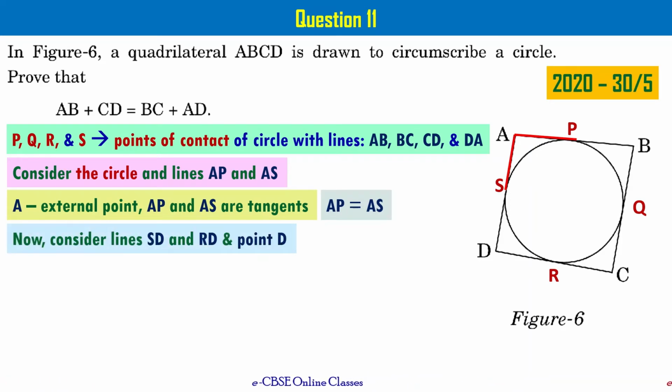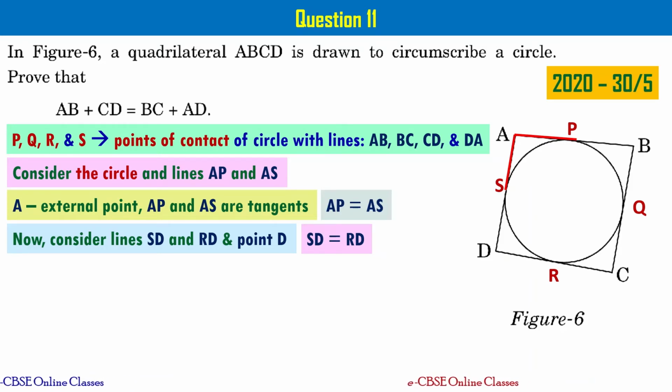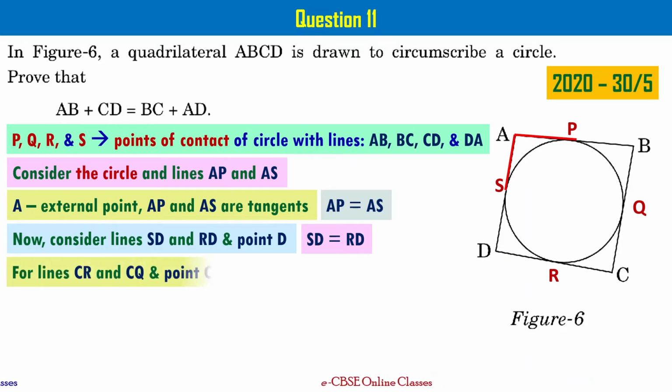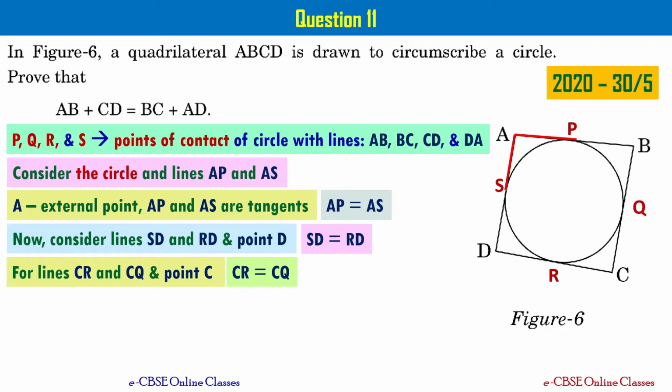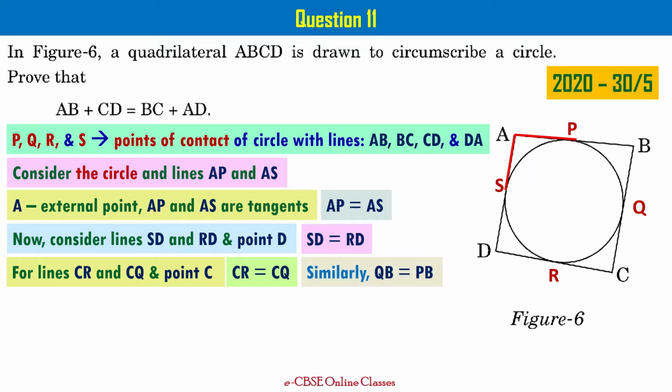Similarly, when you consider lines SD and RD and point D, you can say that SD equal to RD, right? For lines CR and CQ, point C is external to the circle and CR and CQ are two tangents drawn to the circle from point C, which means their lengths are equal, right? So we can say that CR equal to CQ. Similarly, when you do that for the other point, that is B, then you can say that QB equal to